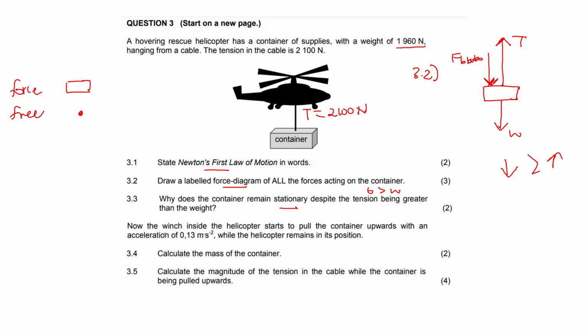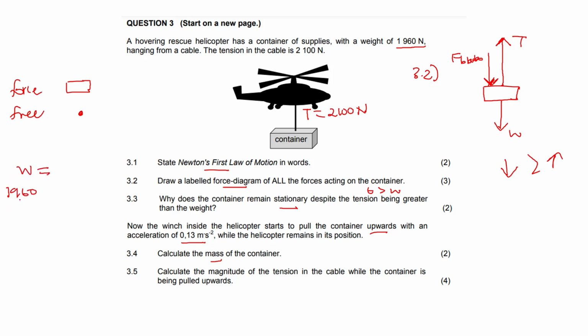Now, the winch inside the helicopter starts to pull the container upwards with an acceleration of 0.13 meters per second squared, while the helicopter remains in its position. 3.4. Calculate the mass of the container. All right, so they give us the weight. The weight is